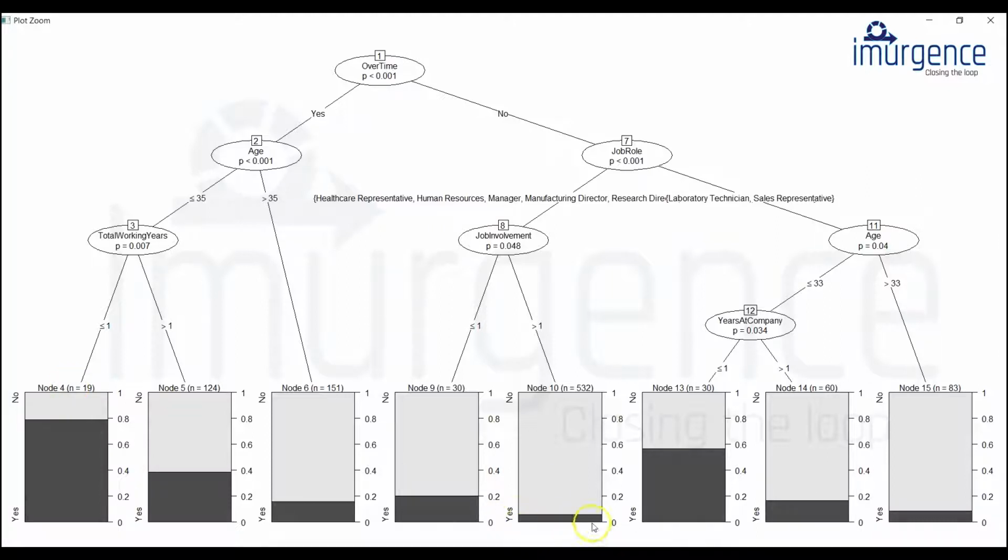And the people who have not been doing overtime, whose job role is at a senior position, or you can look at the domains, and whose job involvement, as the survey has pointed out, is greater than 1, in that case the attrition is the lowest, right?